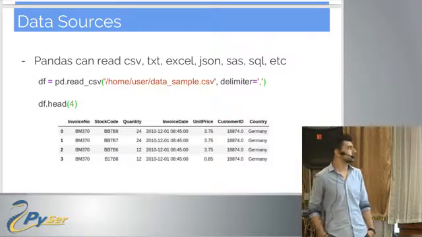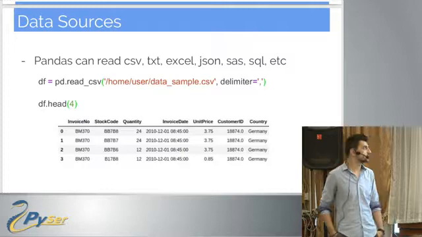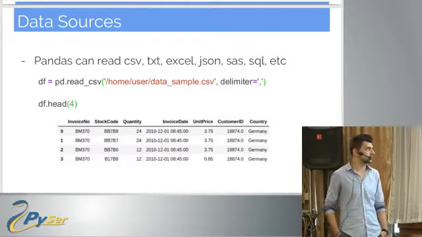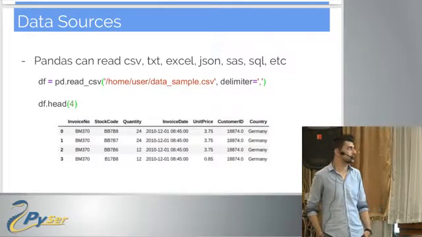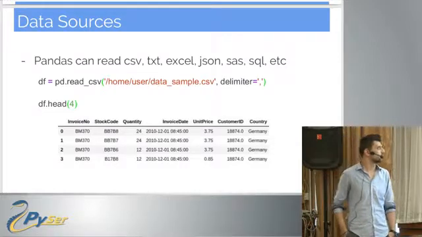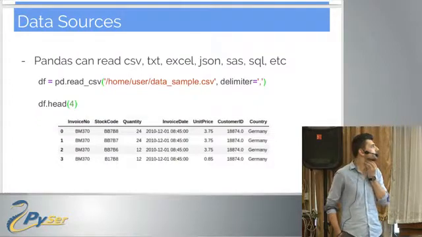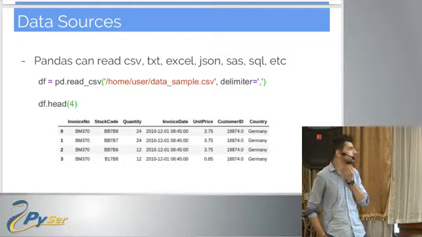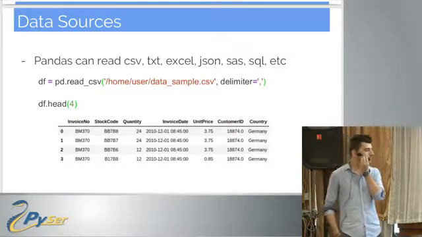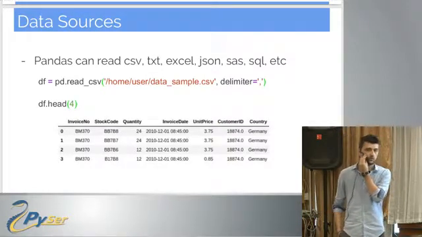It can read CSV, comma-separated values files, TXT, Excel, JSON, SQL, SAS, etc. Below is an example of reading data. You don't need to have data on your local machine where you're running pandas. You can read through FTP,